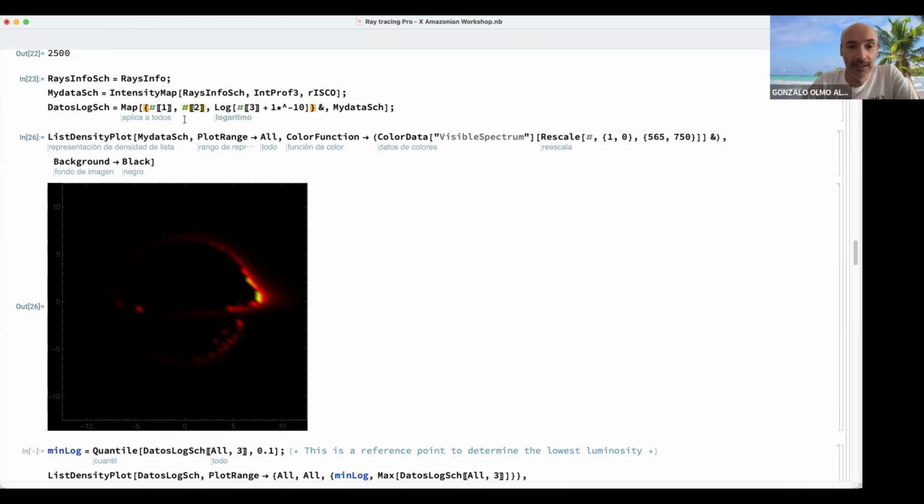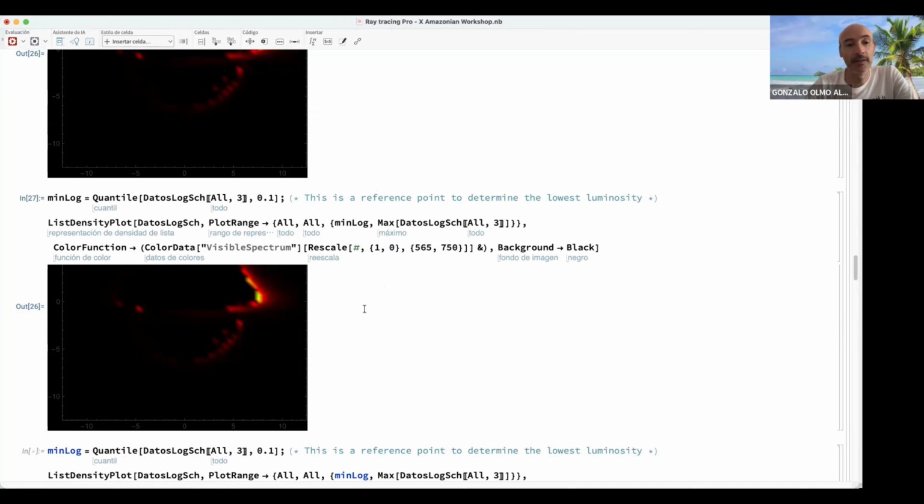But instead of representing the raw intensity, I'm going to represent the logarithm of the raw intensity plus a minimal addition, just to guarantee that there is not zero, anything that is zero, okay? We just add this minimum. This is already computed, and if we evaluate this, the density plot,